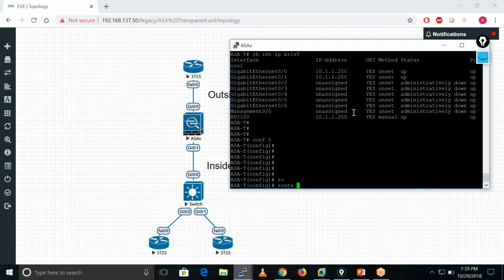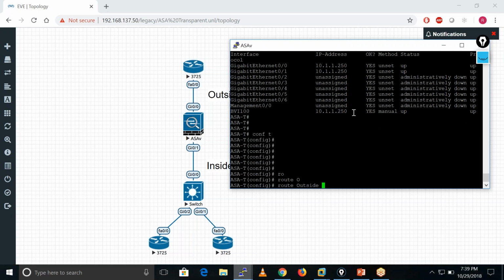Now let me add one default route, outside 0 0. Let's suppose the IP address of this guy is 10.1.1.1.